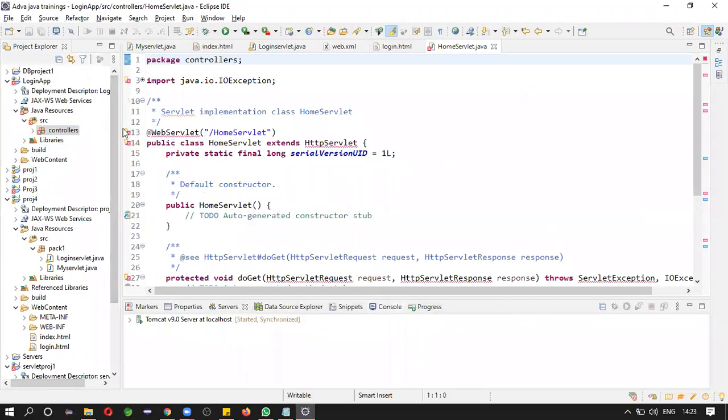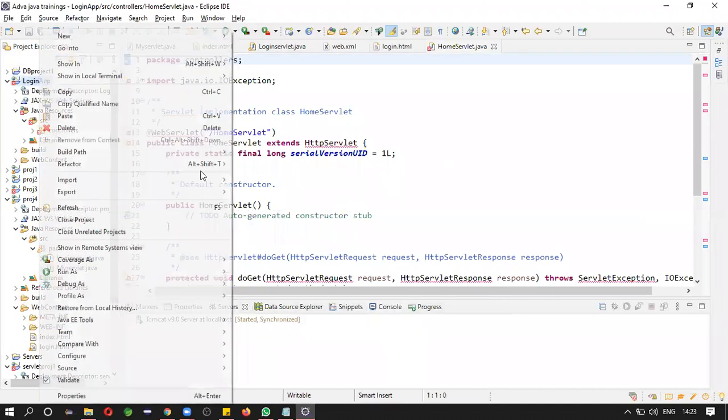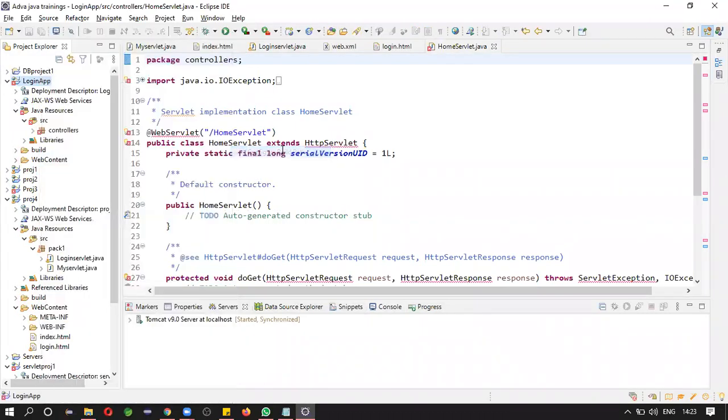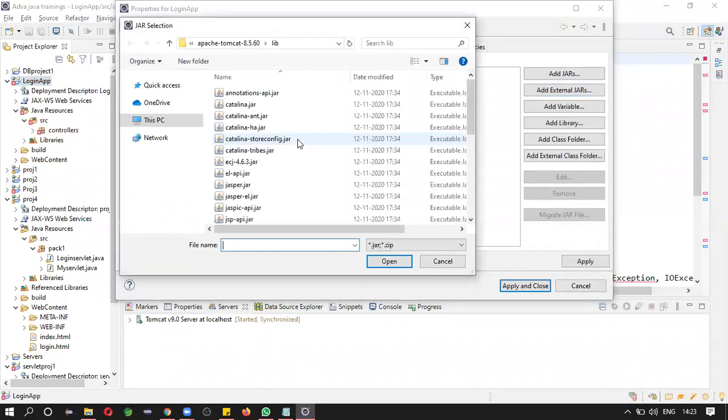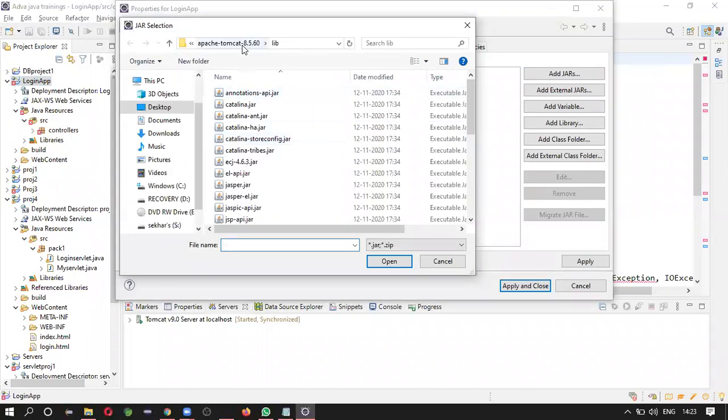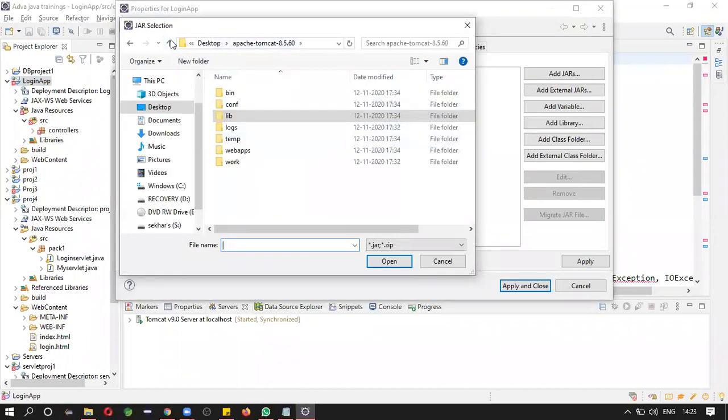So add the servlet API to this application. Right click on the project, click on build path, configure build path, and add external JARs. This is Tomcat 8.5. Okay. So let us take a different one.